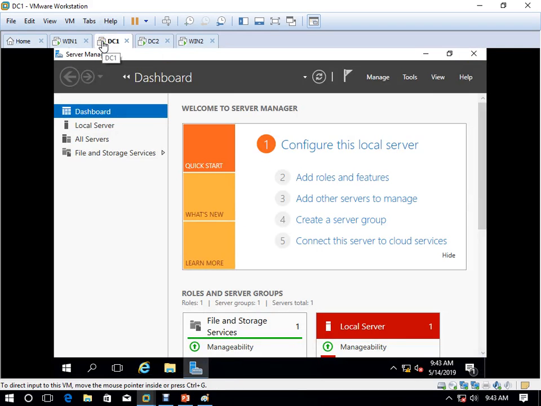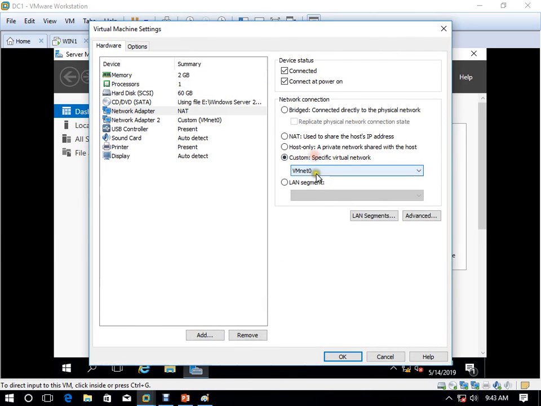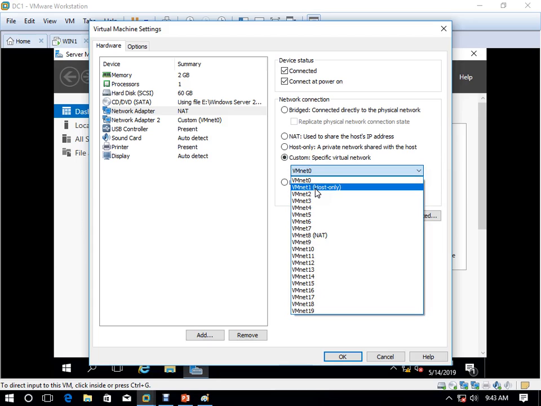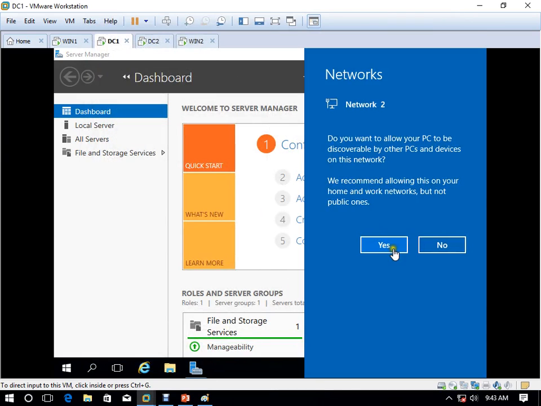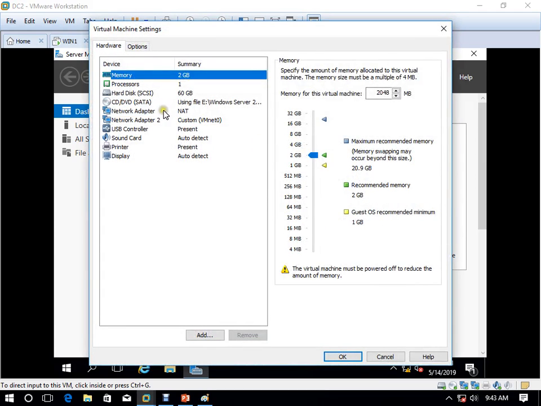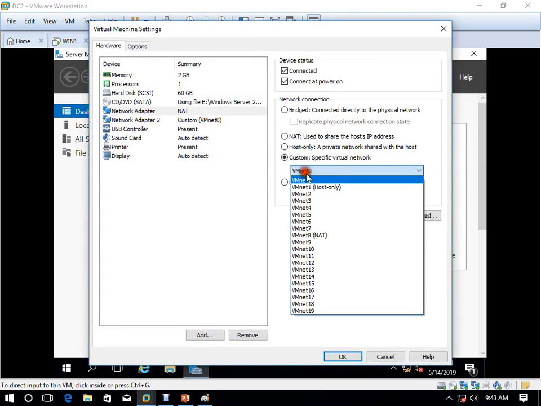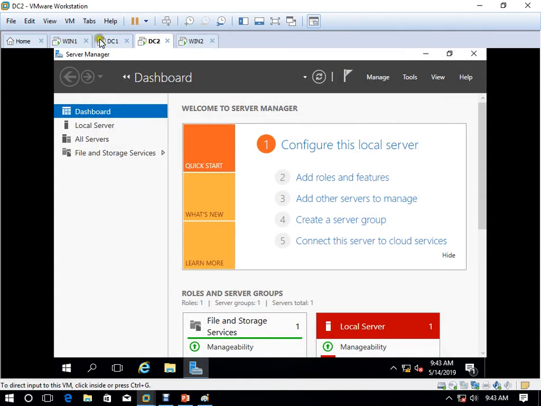Now on DC1, this one must be a part of VMnet 1. Okay, come here DC2 LAN, the first network adapter, it must be a part of VMnet 2, not 1. 1 is for DC1. And now see, this window is the client of this.